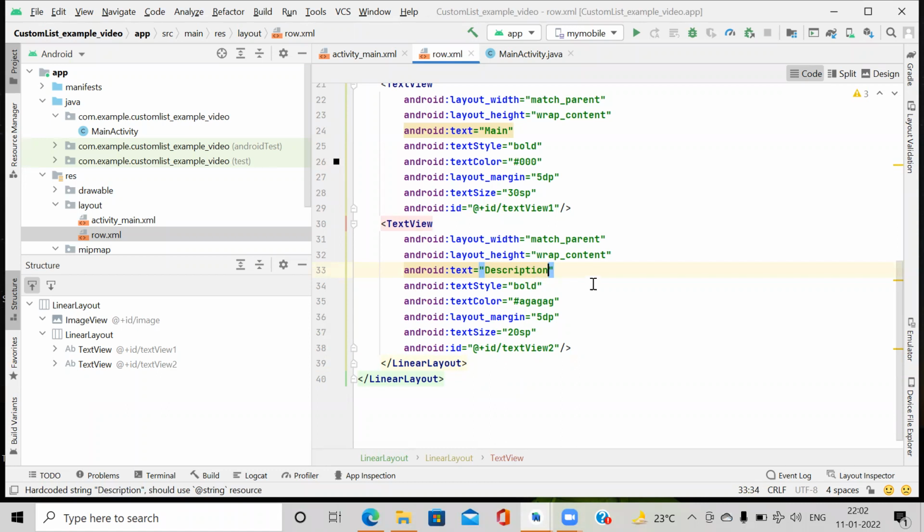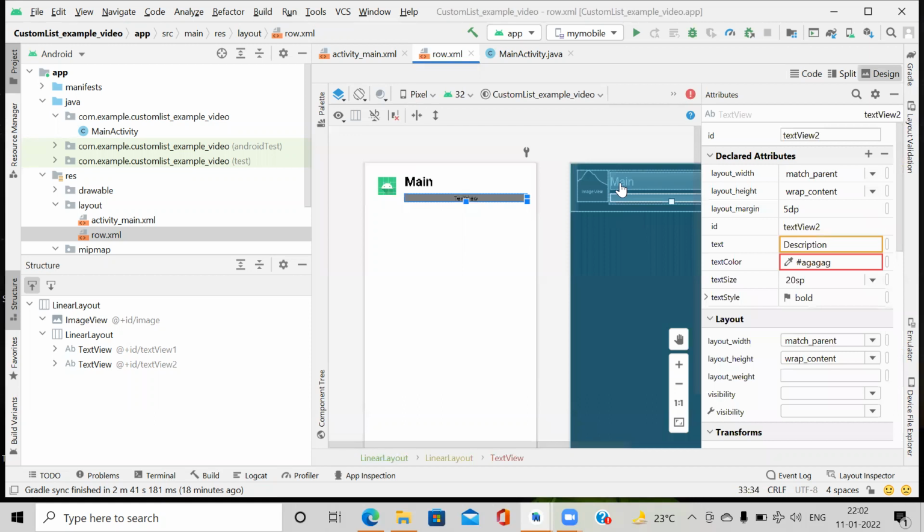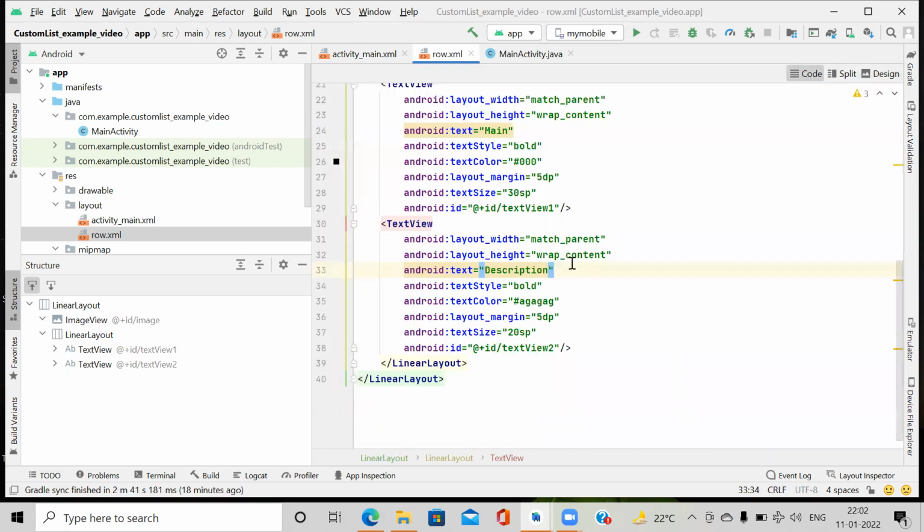Now I think it looks fine. Here we write the title and here the subtitle or the description. Main title. So here we end with the designing.